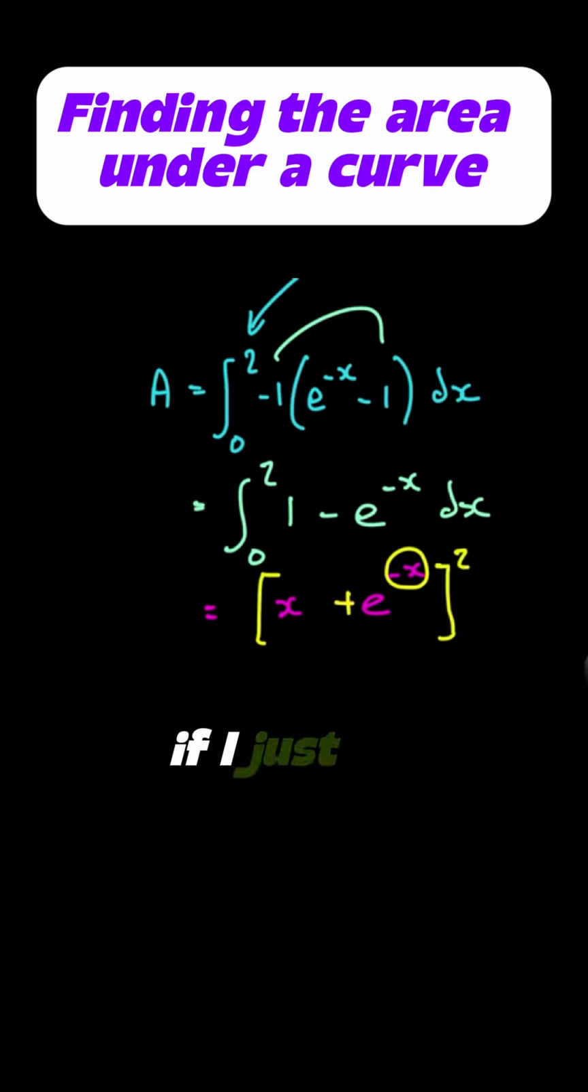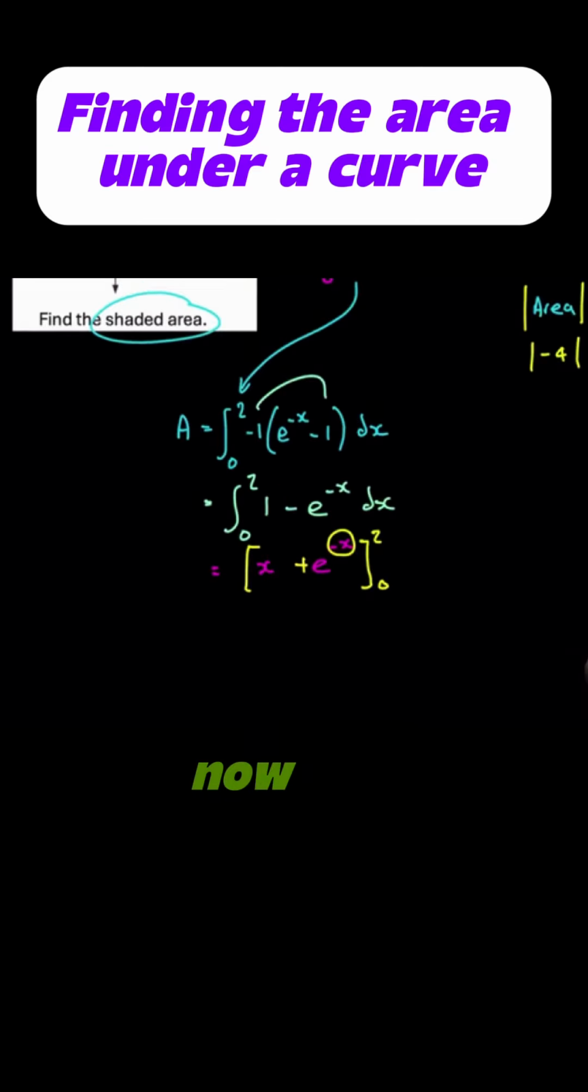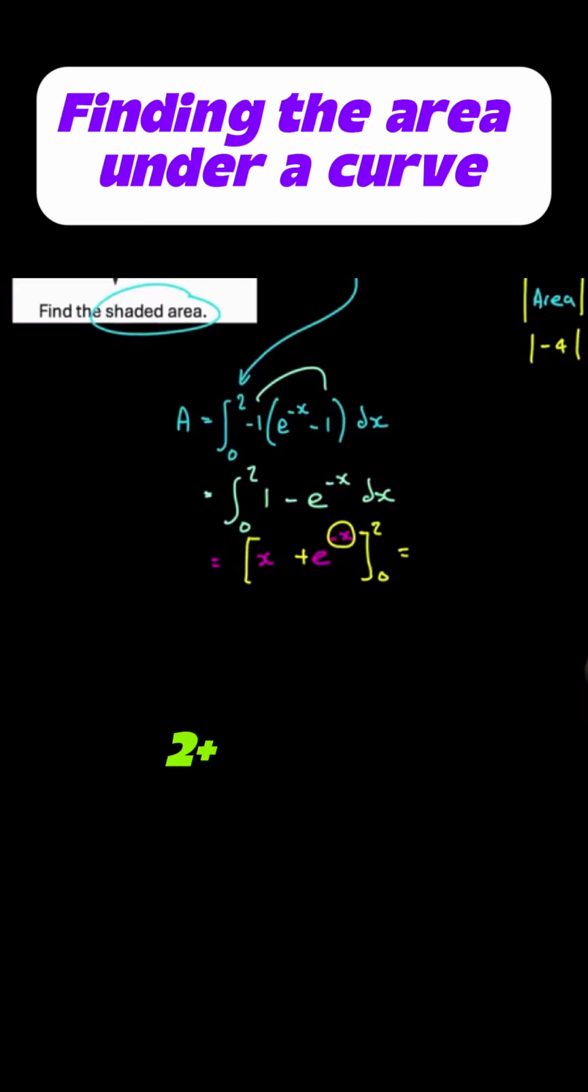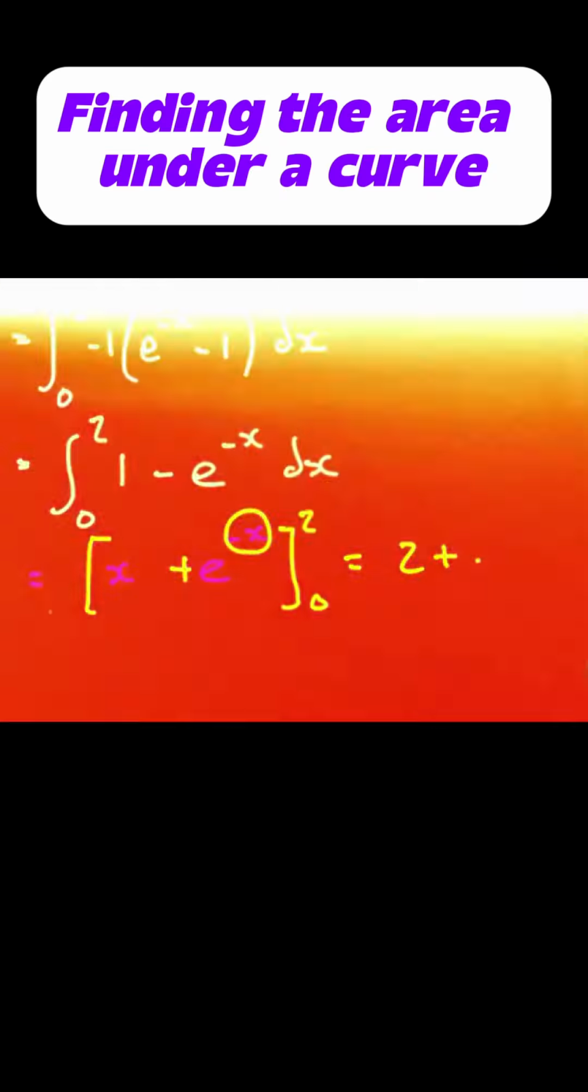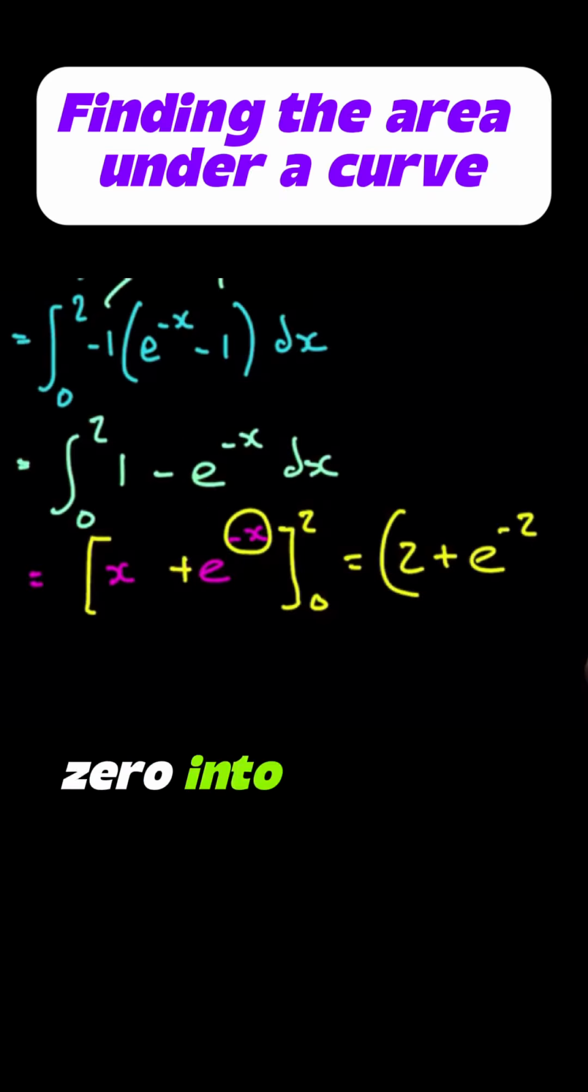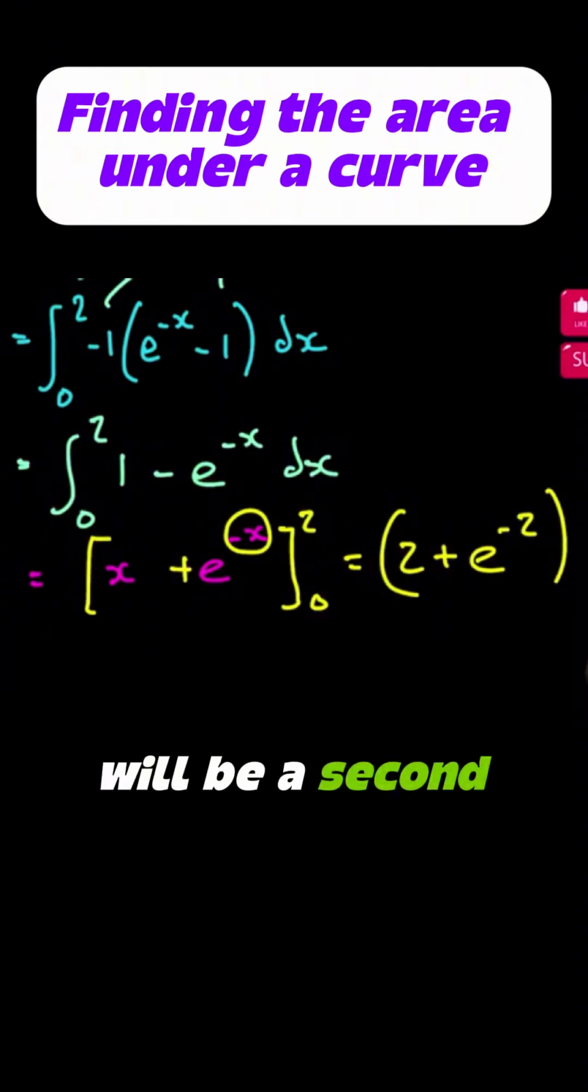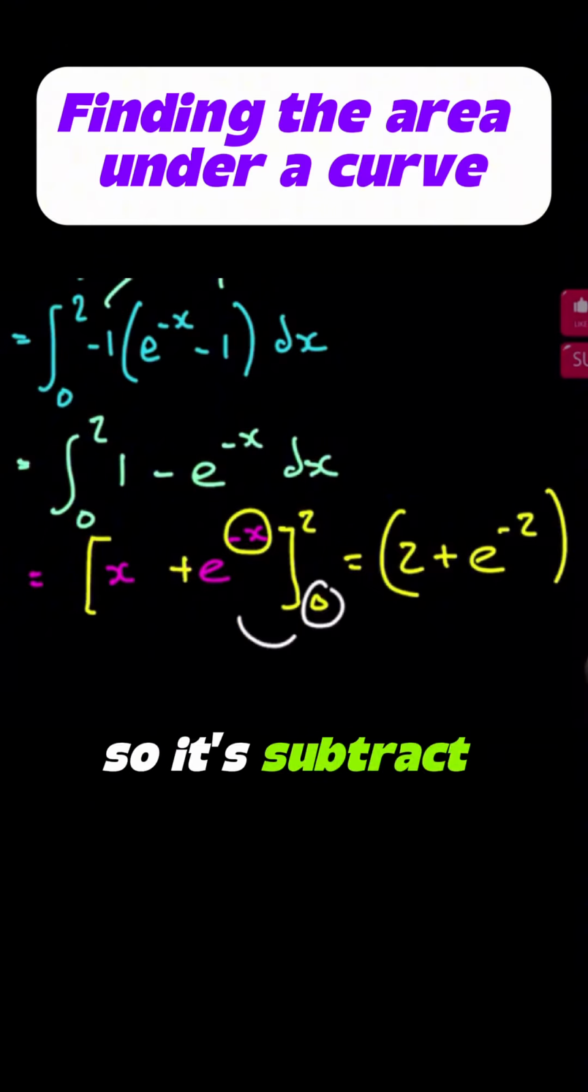So if I just go ahead and substitute those values in now, we're going to get 2 plus e to the -2, and then we plug 0 into this, which will be a second bracket, so it's subtract. Now 0 into